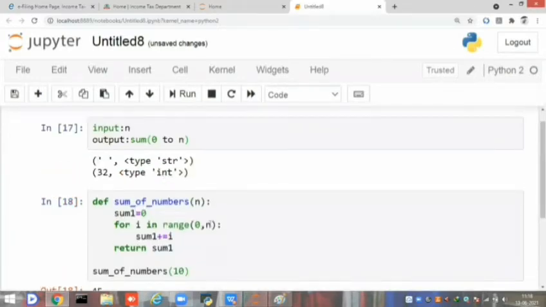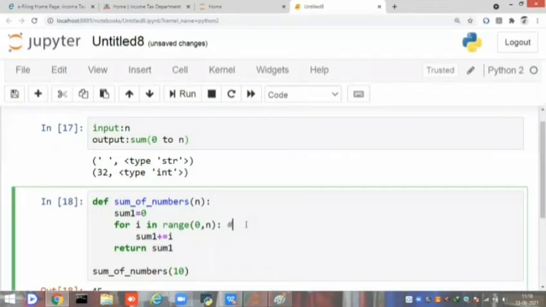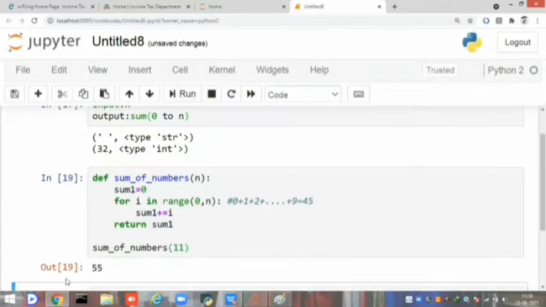Here the range means 0 to n minus 1, it will take. So it is 0 plus 1 plus 2 and so on till 9, which is 45. If I give 11, it will take 0 to 10. So from 0 to 10 the sum is 55.